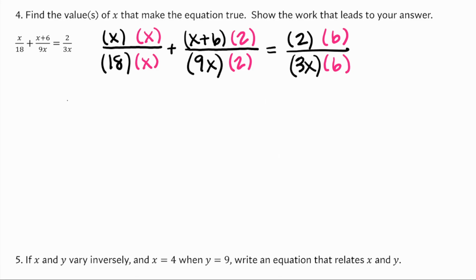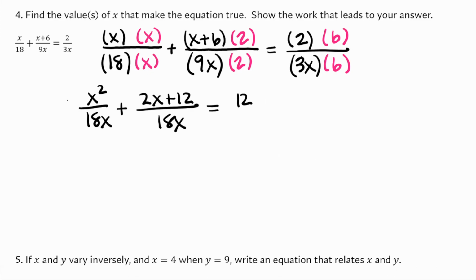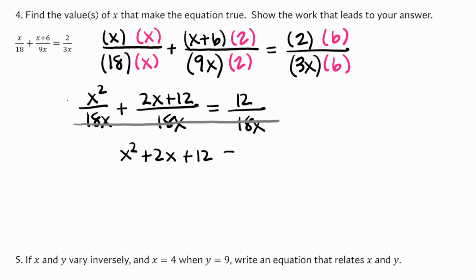And then I'd say, all right, that means x squared over 18x plus, okay, distribute the 2 over the x plus 6. That's going to equal 12 over 18x. Now that I've got the same denominator on all the terms on both sides of the equation, I can clear out that denominator and say, all right, now I've got x squared plus 2x plus 12 equaling 12. I could subtract the 12 from both sides and say, all right, that means x squared plus 2x equals 0. I could factor out the x